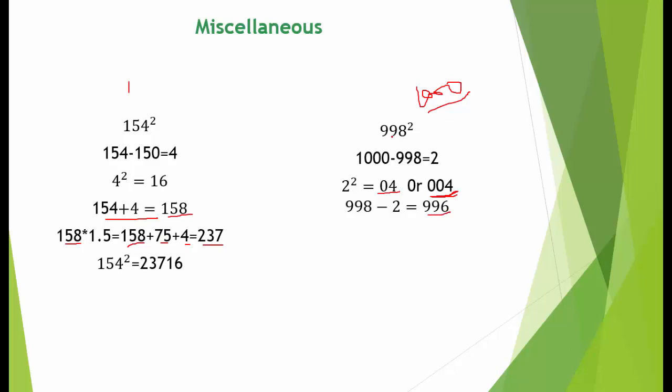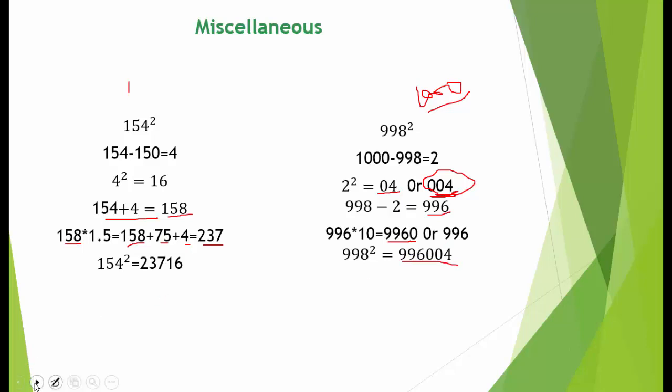Now you know that the relation between base 100 and base 1000 is that this is 10 times. So if we multiply this 996 with 10, this will become 9960. But if you are using this 3 digit, then you have no need to multiply this, because 1000 is also a standard. Now just place the digits, this will become 996004.